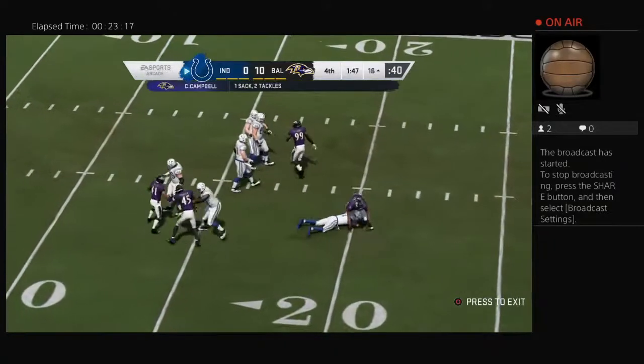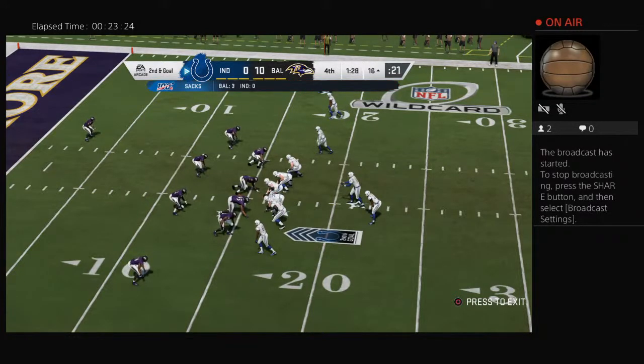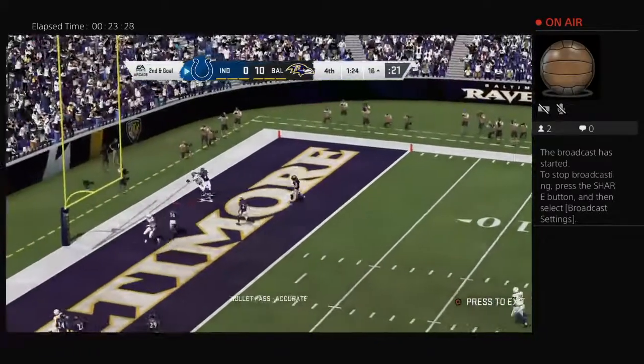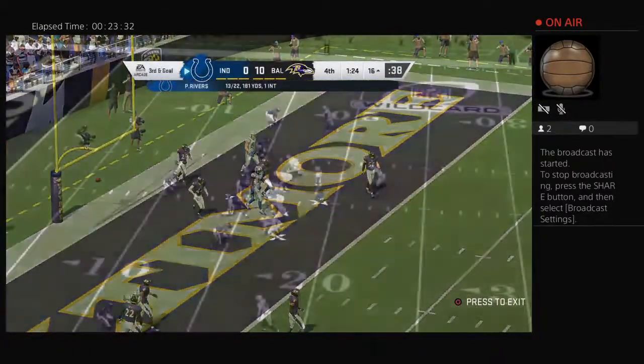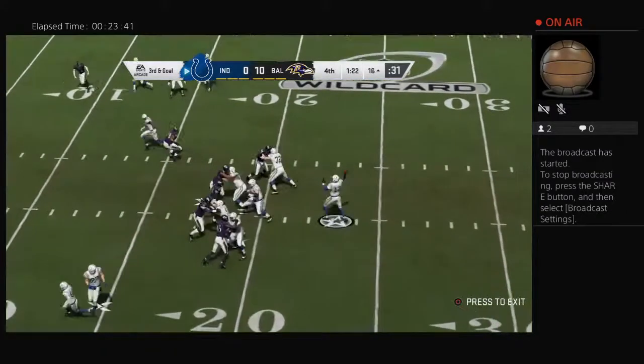And nowhere to get away. Rivers is dropped. Calais Campbell in there to take him down, and the clock will roll. Clock running here under 90 seconds to go. That's going to be knocked away and incomplete. The former first-round pick Marlon Humphrey there to get a hand on it. You got to think this is likely 4-down territory anyway, but they'll try to punch it in now on 3rd